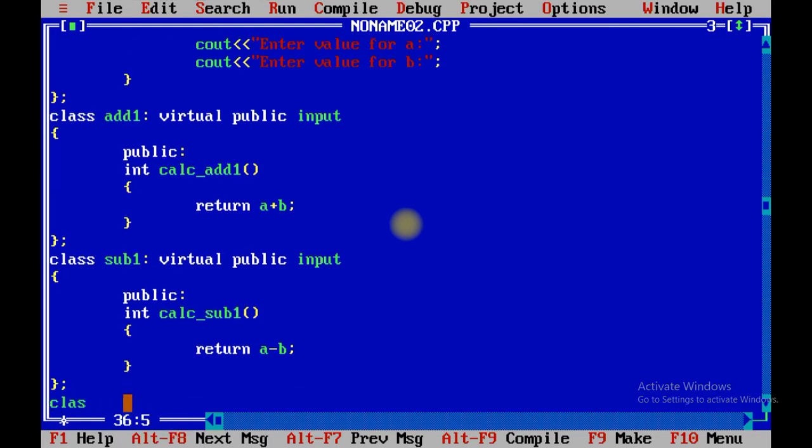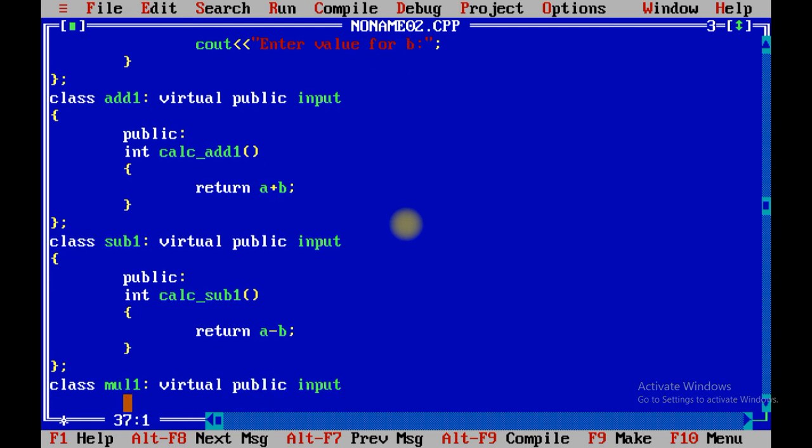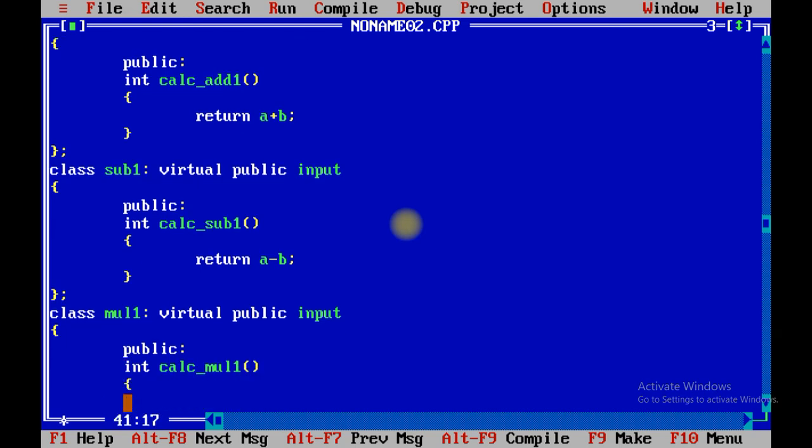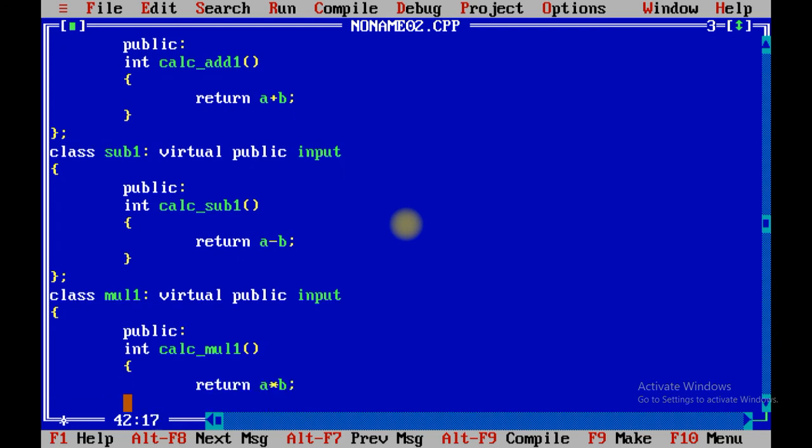Next class is called class multiplication 1, virtual public input, public integer calculate multiplication 1, return a multiplied by b.